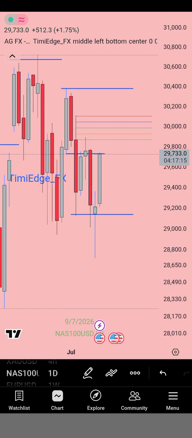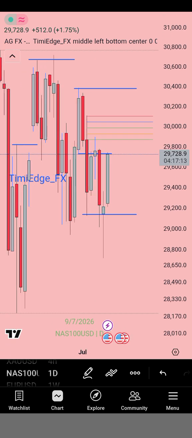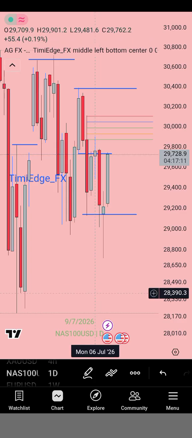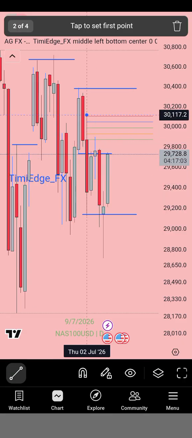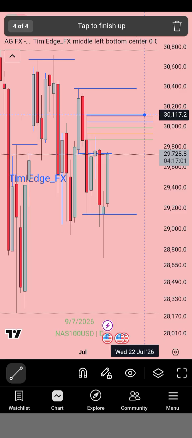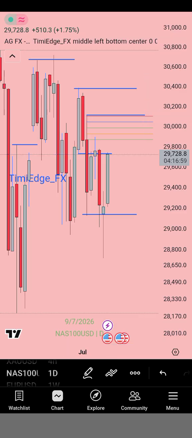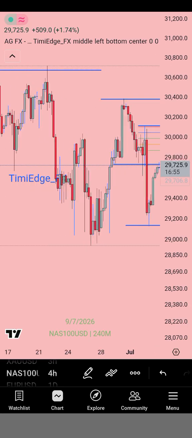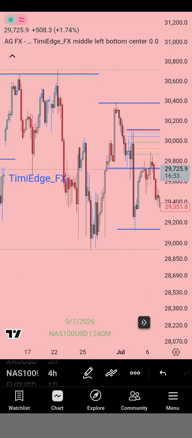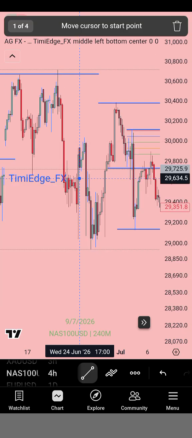So if you notice now, this level here was where I took the sell from. So I knew that this is the dealing range for price. Price will not cross this level, right? So I went to the 4-hour time frame, putting that dealing range in mind. What did I find out next? I found out that this level here